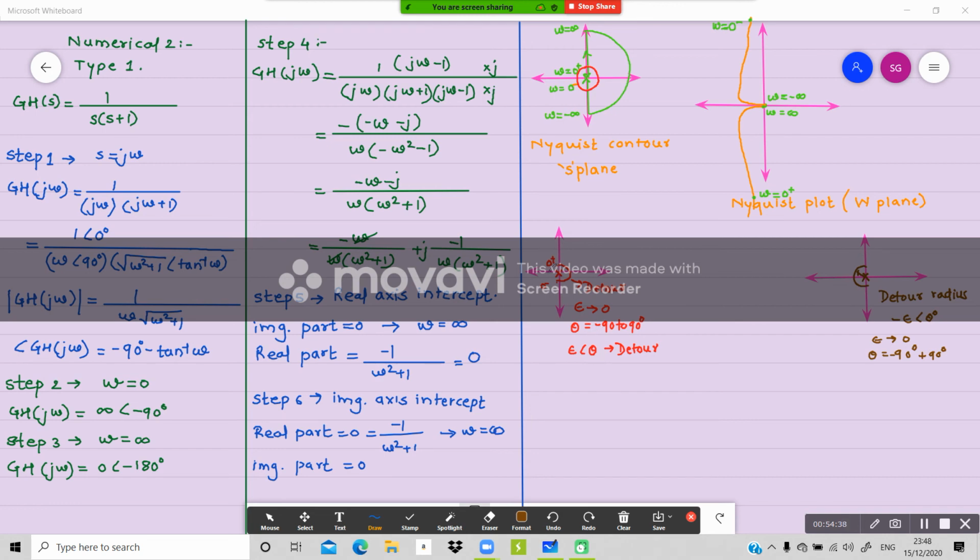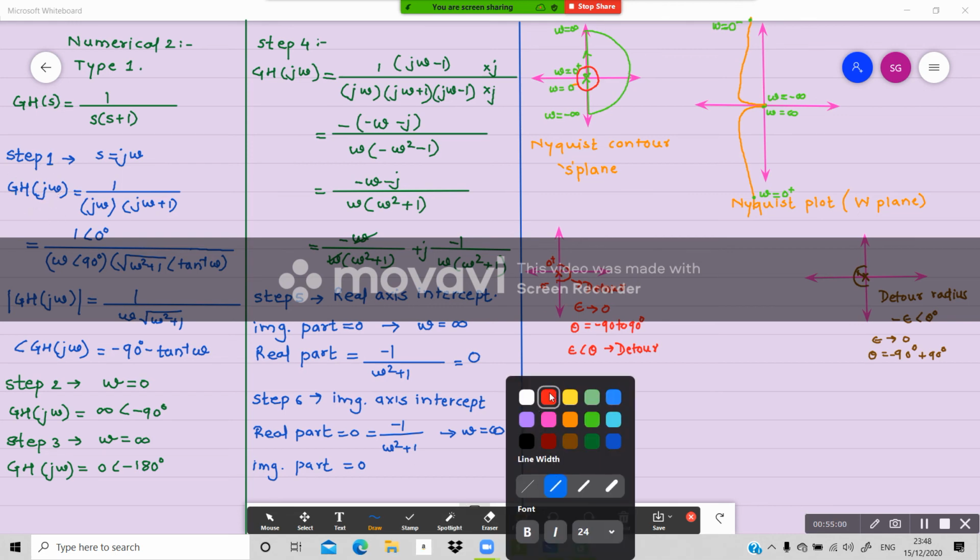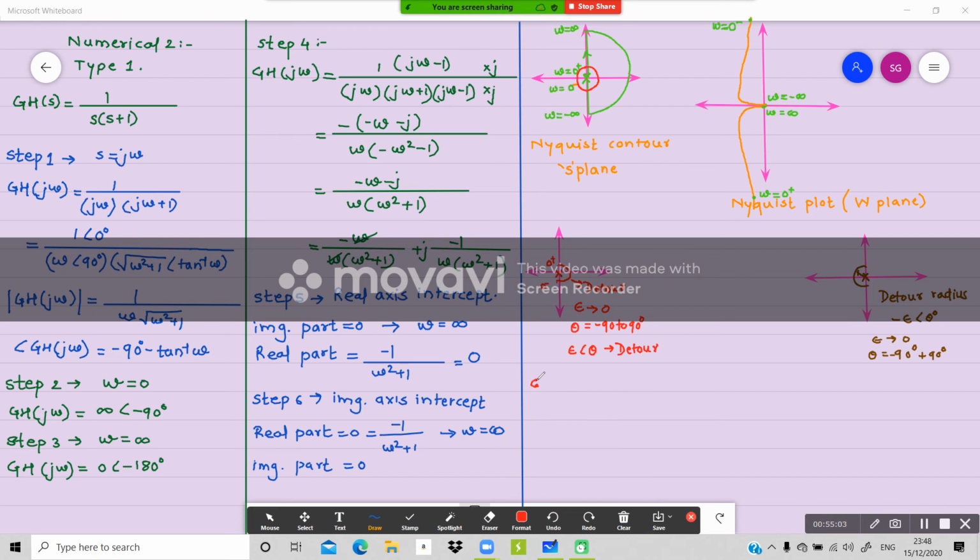Correct? Now we'll see both the conditions. In these conditions, what is happening? What we are doing is, from every pole we are trying to get the G(s)H(s). So if your detour is moving like this, you are interested in the phasor length of this, and because of that, the value of your G(jω)H(jω). So I'll write it over here. When you are saying G(jω)H(jω) for this detour, you are supposed to put this value. This is the vector.